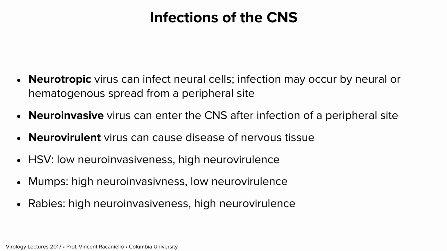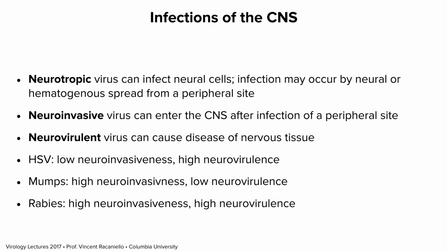Now, when a virus infects the central nervous system, as I'll emphasize often in this course, I think for the most part, virus infections of the CNS are accidents, and I'll give you some support of that statement later. But we have certain terminology that we're going to use, and they're on this slide. I want you to understand them. So a neurotropic virus is a virus that can infect neural cells. Doesn't matter how it gets to the brain or spinal cord, as long as it can infect neural cells. In fact, if you make neural cells in culture, and the virus can infect them, it's neurotropic. So it's independent of the way the virus gets to the central nervous or peripheral nervous system.